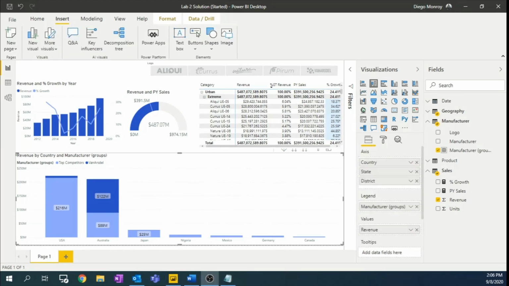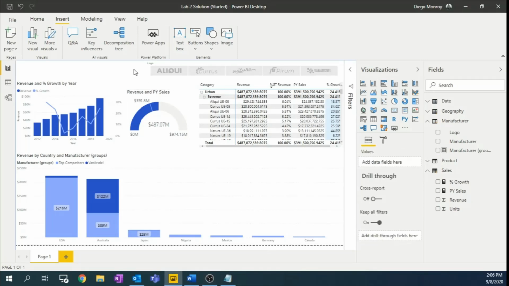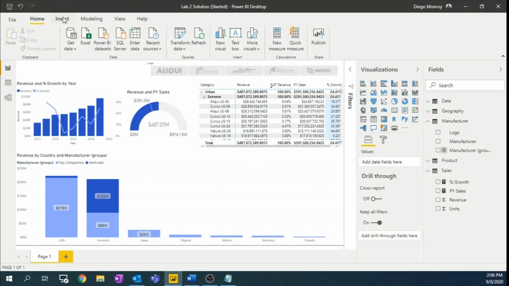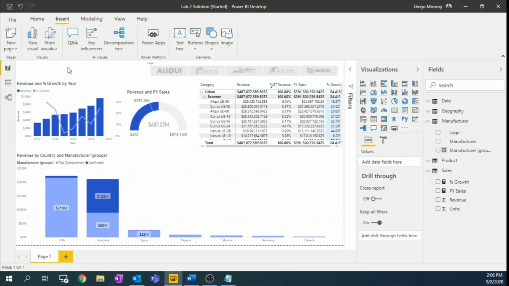Okay, so we're gonna continue working in the report design. Now we're gonna talk about the different options to insert visuals, or different insert options we have in Power BI Desktop. So please click on the top of the report, click on the insert option, and you can insert different visuals from the visualization pane, like this matrix, like these bar charts, and also you can insert different buttons, shapes, and